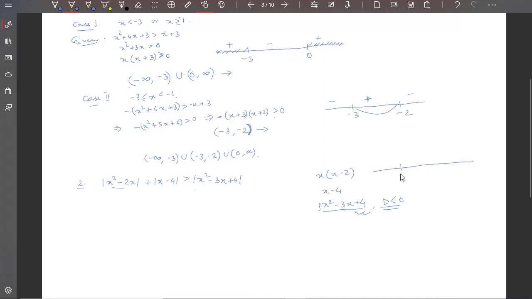It is the sign scheme. One is 0, one is 2. Here it is positive, here it is negative, positive, and here it is negative. And x minus 4,